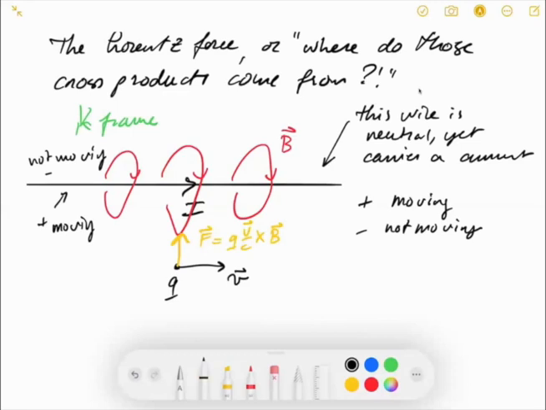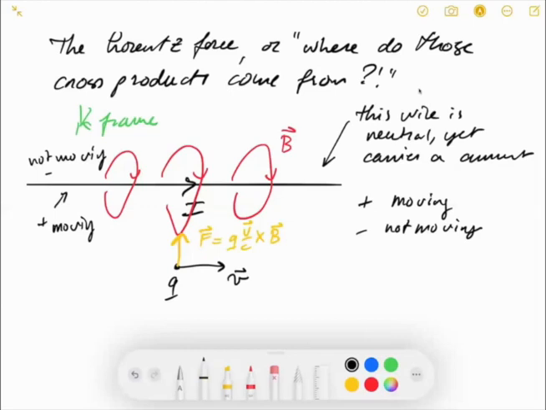Honestly, you don't really even need to assume that the positive charges are moving and the negative charges are not moving, as long as you're consistent with your signs. As long as you have charges that are somewhat different in their charge and they're moving with respect to each other, you can make this into a current carrying wire that is neutral in K. Okay,